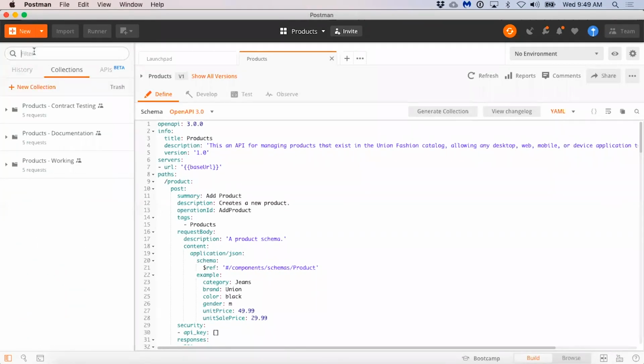You can filter these collections and filter what's being displayed. And then, of course, you can invite people to any individual workspace. So it gives Jeff this really nice ability to store all of the artifacts, all the activity, and the central truth for every individual API in a single place.